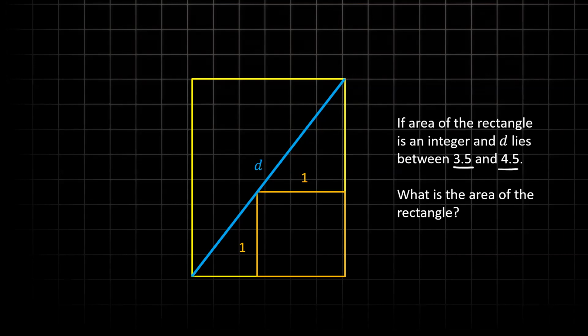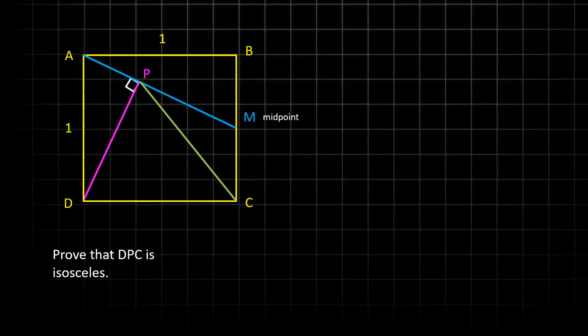Okay. Now, this is a fun problem. There's a square, unit-sided square, 1, 1, 1, 1, everything. Listen to this, it's easy. There's a point M, which is drawn on this side, called the midpoint, and a line is drawn to it. A perpendicular P is drawn to it, okay? And from that, P is joined to C. You need to prove that triangle D, P, and C is isosceles.